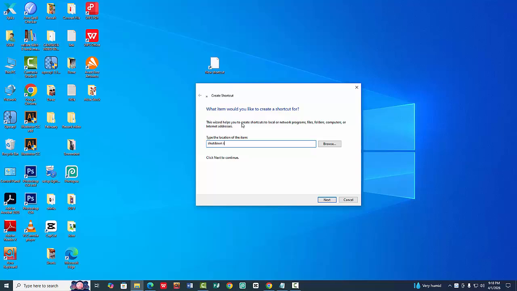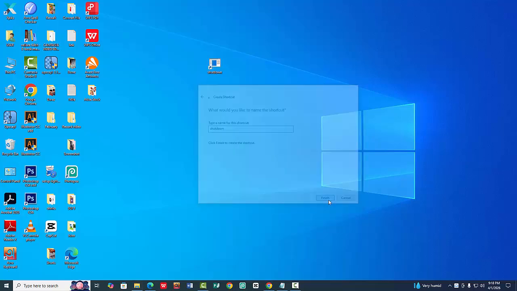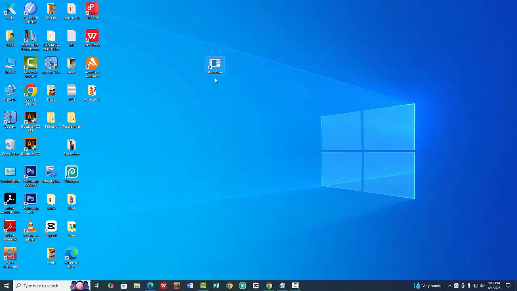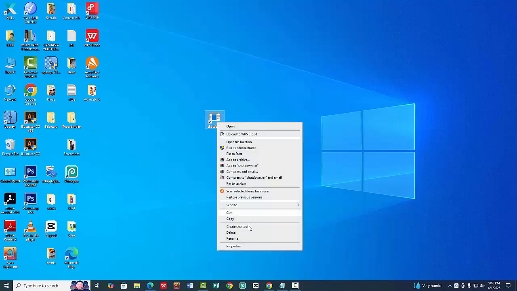space, minus s, space, minus t, space 0. Now click the next option. Now click finish. Now I can see the shutdown button, and next I change the